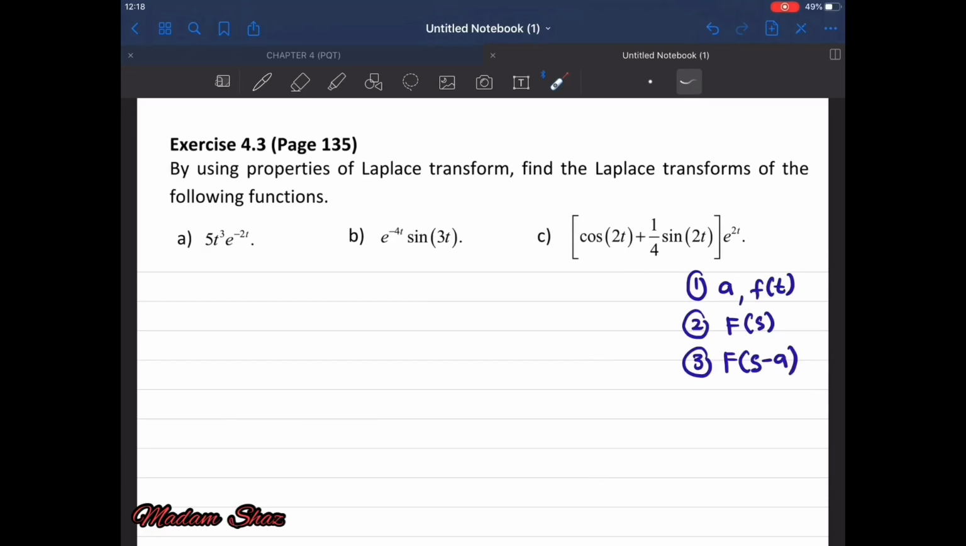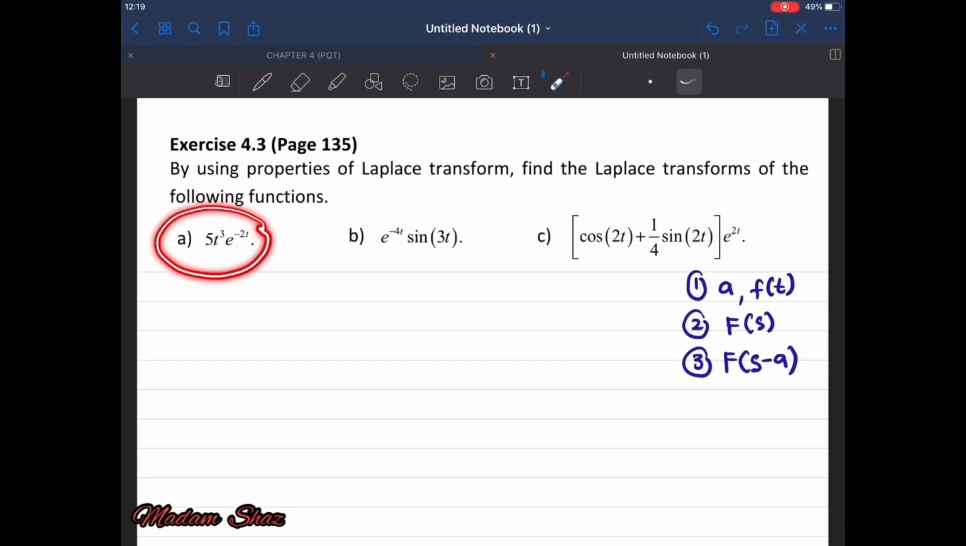So for this example, I will discuss from exercise 4.3, page 135. By using properties of the Laplace transform, find the Laplace transform for the following functions. So if you want to solve by using the first shift property, it must be an exponent multiplied with any other function in terms of f(t). If you want to apply the linearity property, it must be in terms of plus or minus operation between 2 or 3 functions. So for the exercise A,